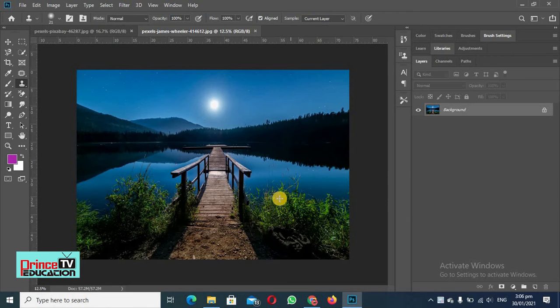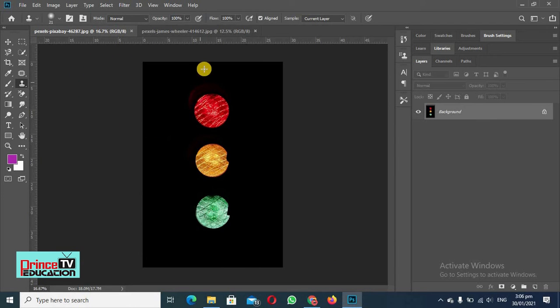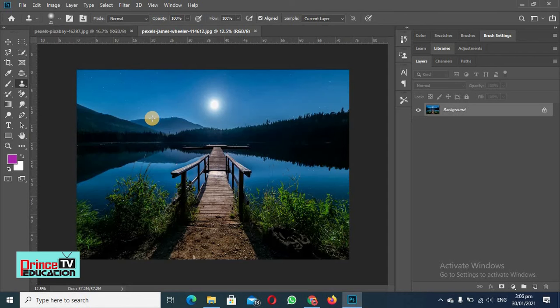We can use this tool to delete something from the picture or add something to the picture. So I will tell you both things. Like if I have these plants or grass, small bushes here, I can just increase the number of these bushes on this area, and in another picture I can remove these things from that picture. So how we will do it, I will show you.